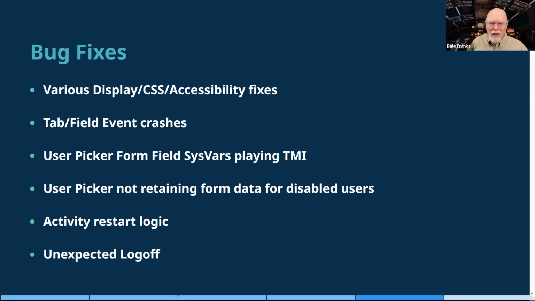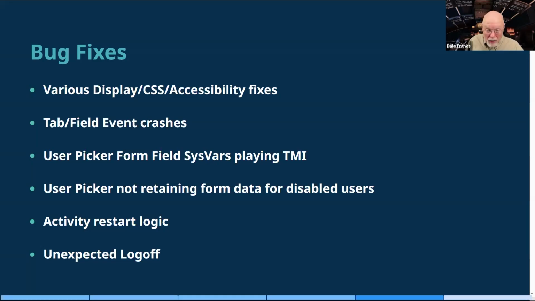What you expect to see is what you normally see when you throw a form field system variable for a user picker. You expect to see the user's name. And it was showing you the name and their UID and their user ID. Not sure why that happened, but that's a case of too much information that the knowledge view was playing, so we had to address that.